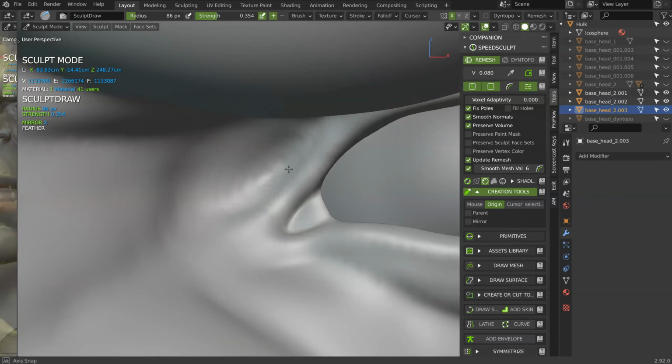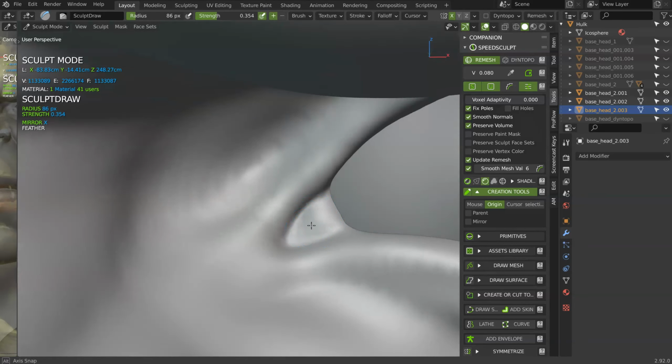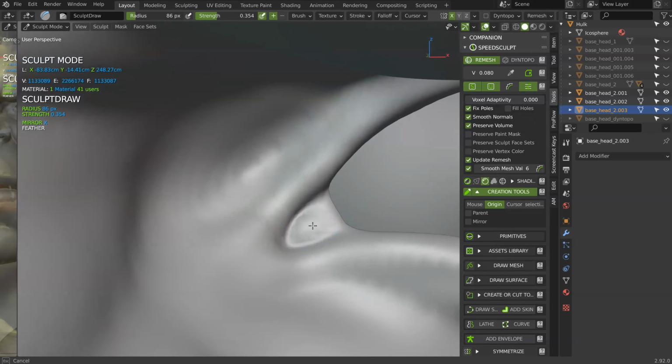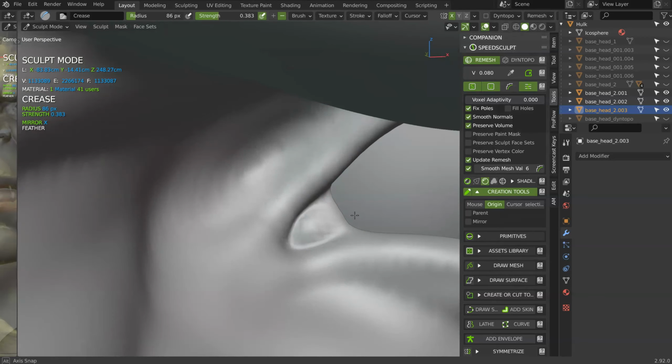Add and smooth. No, it wasn't here, it was here. Like that. Shift C.